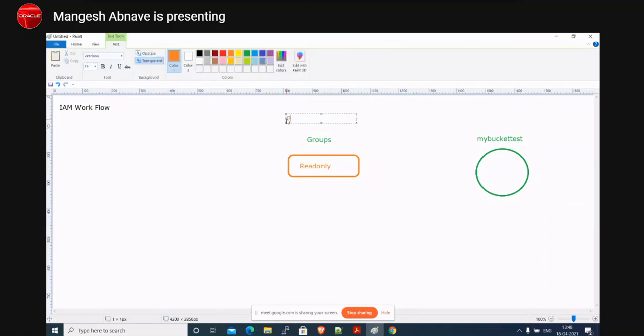I told you what a policy is. A policy is a JSON document, but this policy we are not going to use an existing one. We are going to create a policy which should only read the objects and buckets. So the user can list the buckets and list the objects inside that bucket. Other than that, you won't be able to do anything with this group.